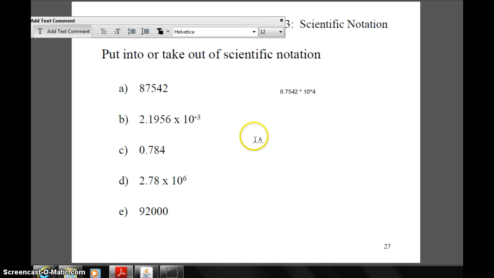Let's pick another one. Maybe let's remove it from scientific notation. So now you have 2.1956 times 10 to the negative 3. So you write down 21956, and since it's a negative power, that means you want to put 0, 0. You want to put 2 zeros before the 2, because that would mean that you have to move it 3 times to the left hand side. So realize 10 to the power of negative 3, that's a small number, whereas 10 to the power of 4, that's a larger number. Again, the reason why